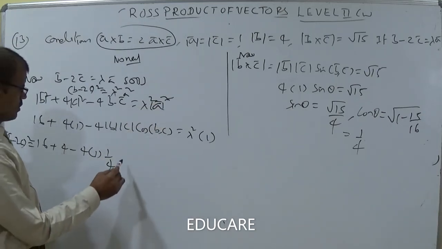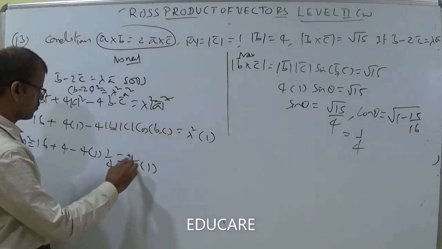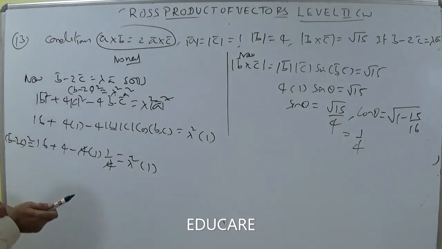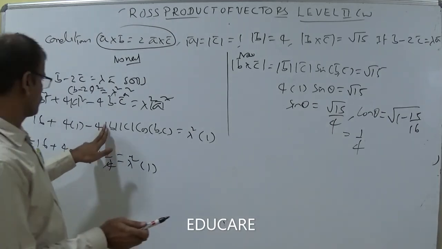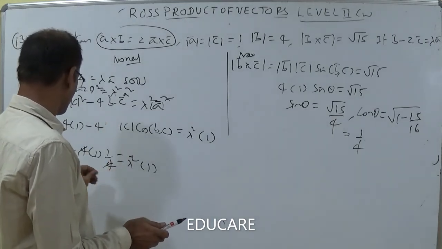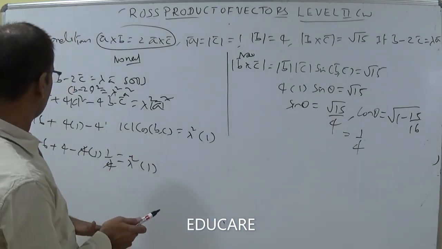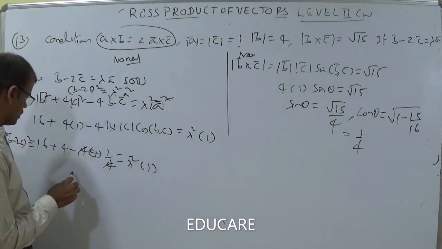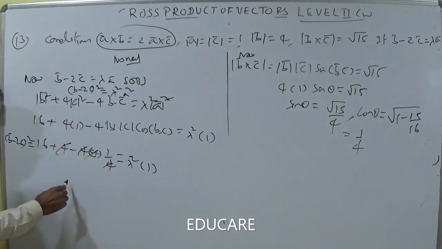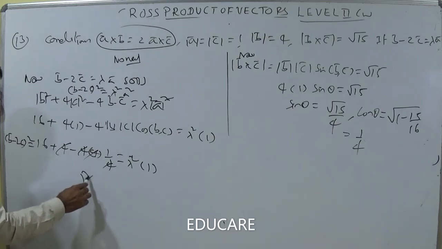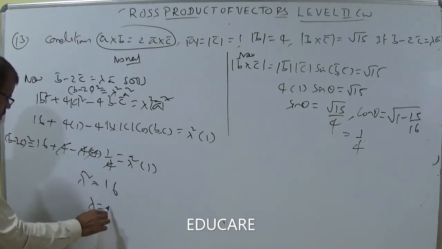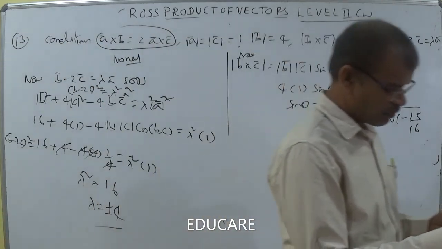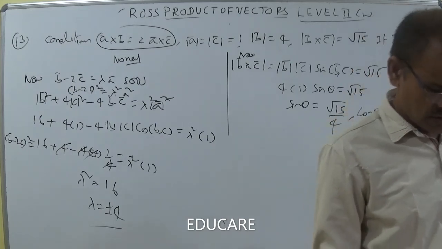Mod c value is also 1, equal to lambda square into 1. Here 4 and 4 get cancelled, since 4 into mod b, meaning itself, is 4. So 4 into 1 into 1 by 4, and this 4 and this 4 get cancelled. So b minus 2c whole square, lambda square is equal to 16 we got. So lambda is equal to plus or minus 4. Lambda equal to plus or minus 4 is given. Yes, it is the fourth option.